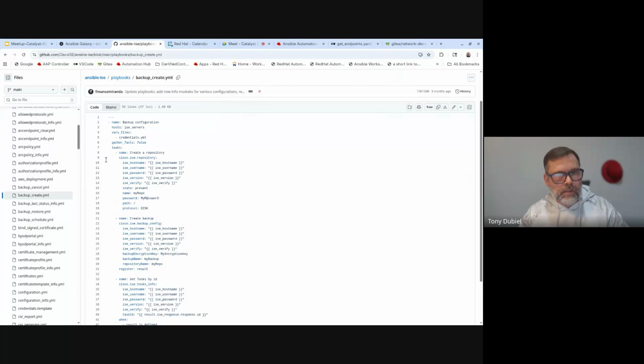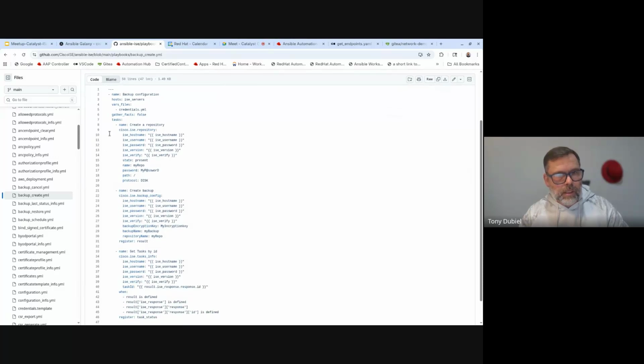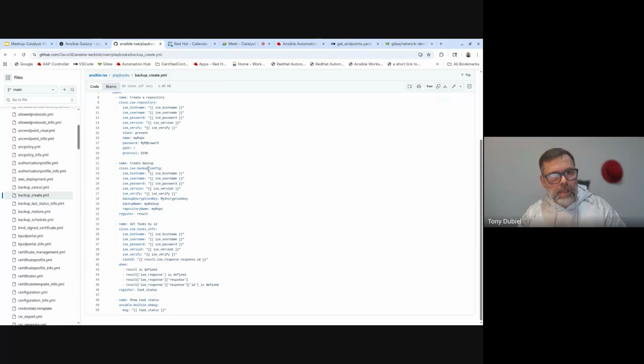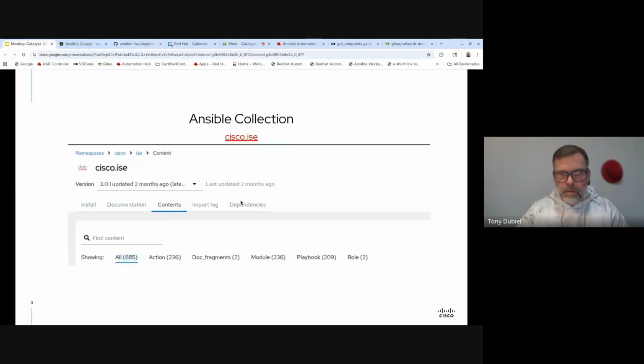So here is the example playbook, and you can see that it's calling different modules in the ISE collection. So here's a repository module, here's a backup config module, task info, right? So this is just an out of the box type of example that you can use. And many other collections do the same thing. So there's always something to get you started. All right, so going back to here,